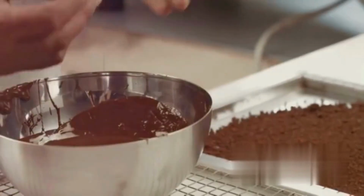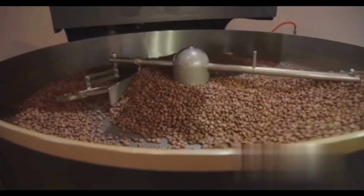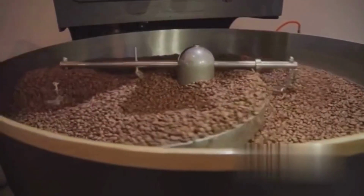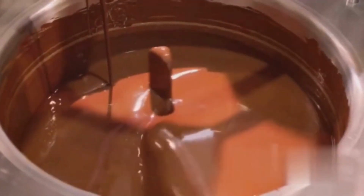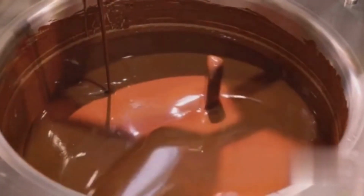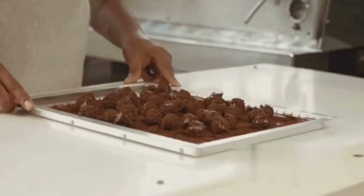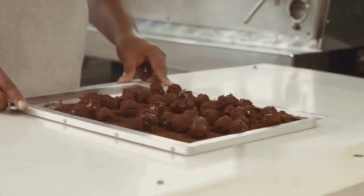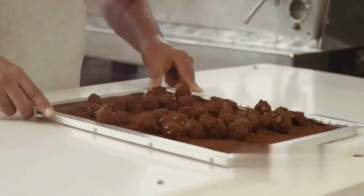beloved chocolate. Once we have our perfect beans, it's time to bring out their hidden flavors. The secret to unlocking the rich taste of chocolate lies in the roasting. This is where the magic begins. The carefully cleaned cocoa beans are placed in a roaster, a large cylindrical machine that uses heat to transform the beans. The temperature and duration of roasting are meticulously controlled, as each variable can significantly impact the flavor profile of